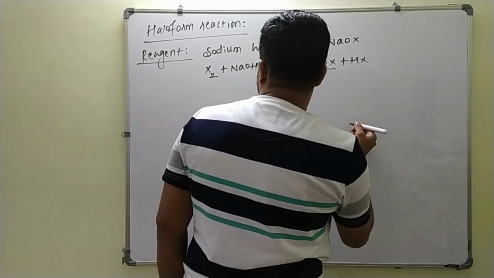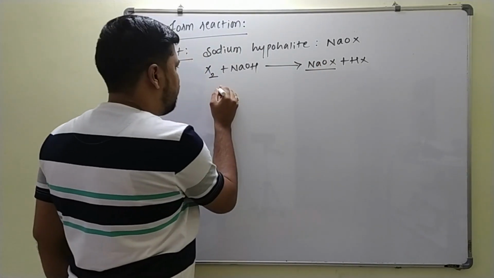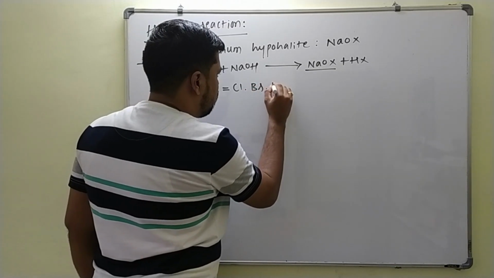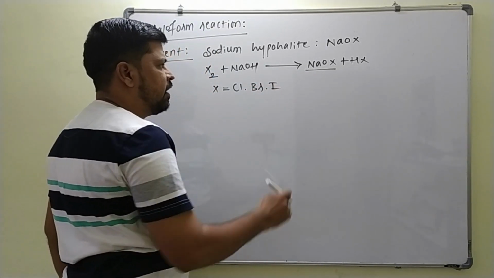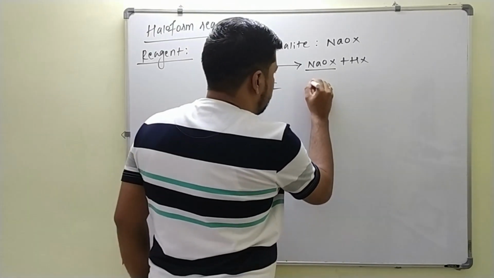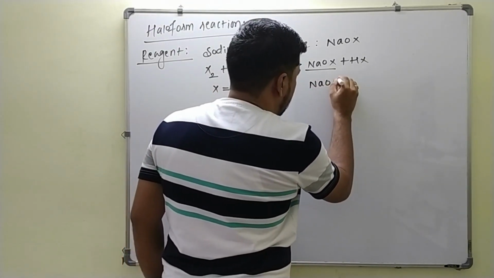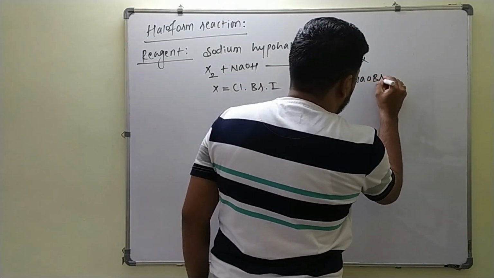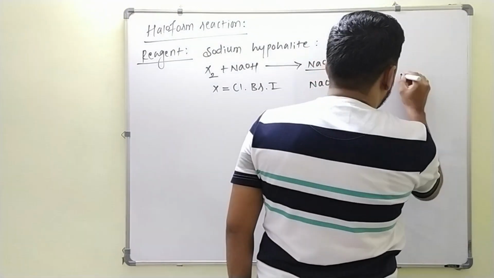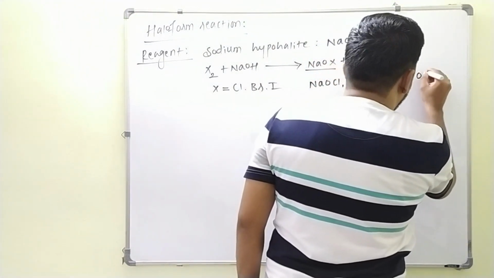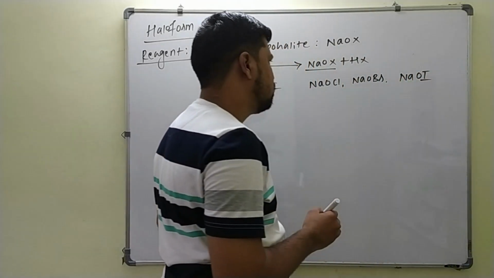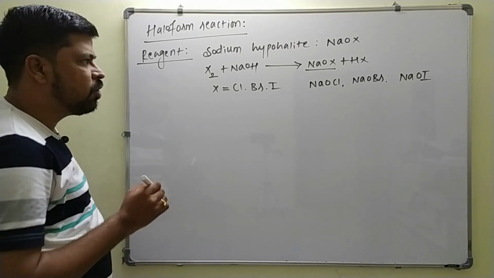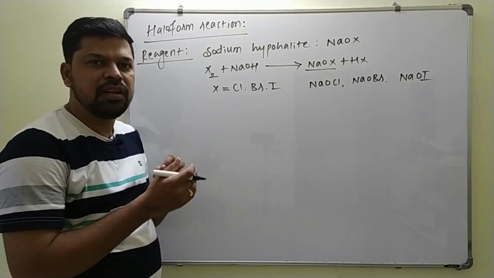Here X may be chlorine, bromine or iodine, so that you can get sodium hypochlorite, sodium hypobromite, or sodium hypoiodite. Now in this one, aldehydes and ketones which are having at least one methyl group connected to